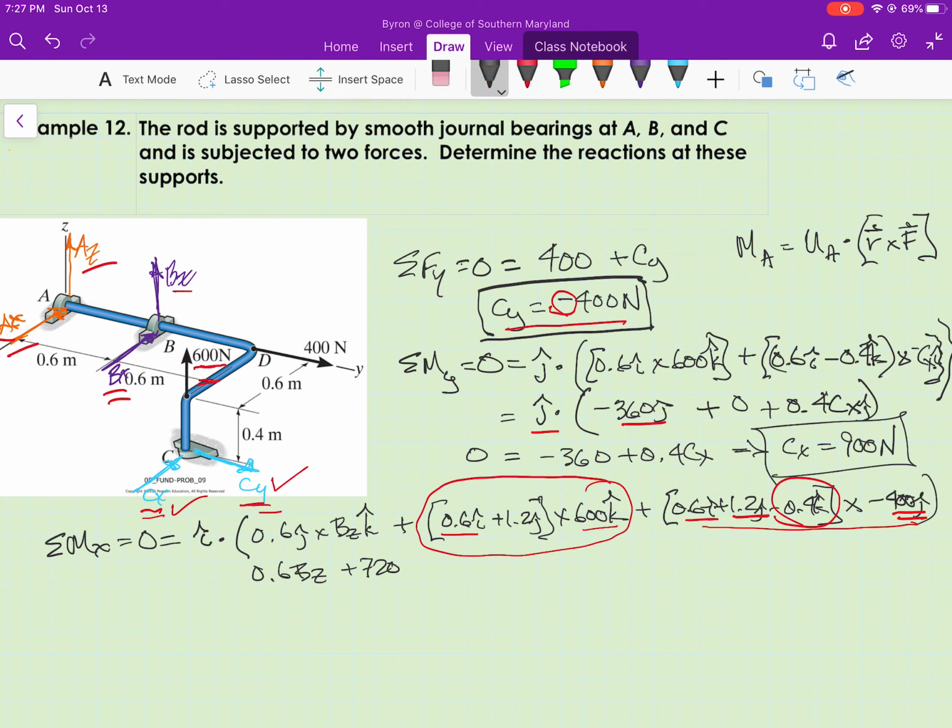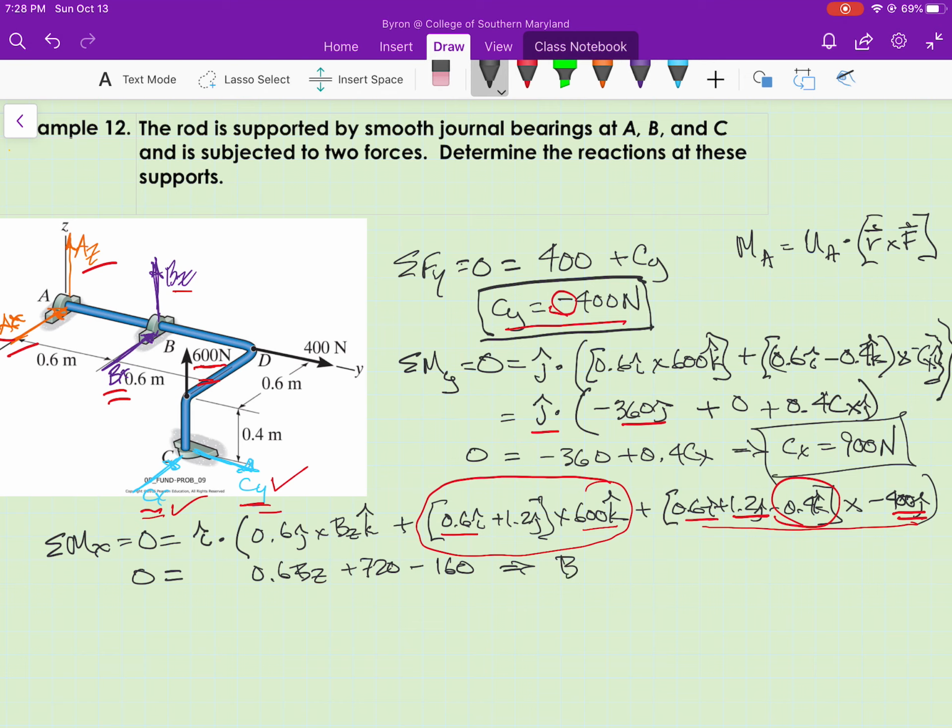Negative 0.4k crossed into negative 400j. The signs on the numbers go to positive because of a double negative, but k cross j is a negative i, so that's like a triple negative there. And I'm going to write minus 160. All that equals 0. So therefore, B sub z